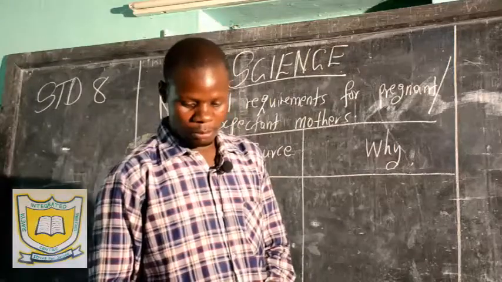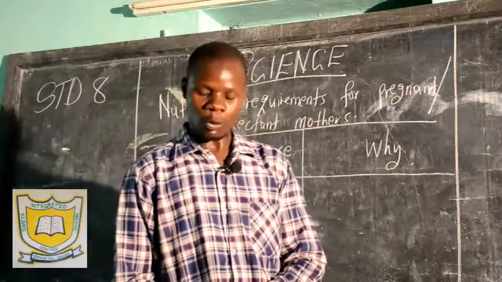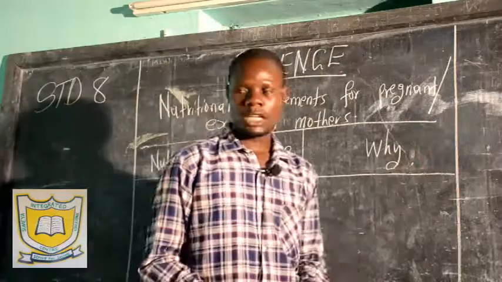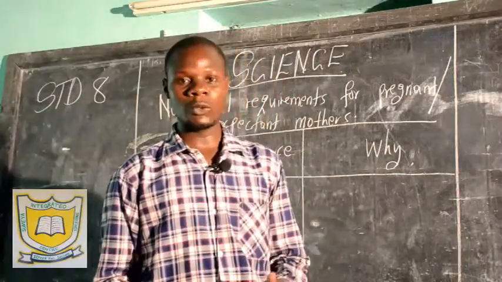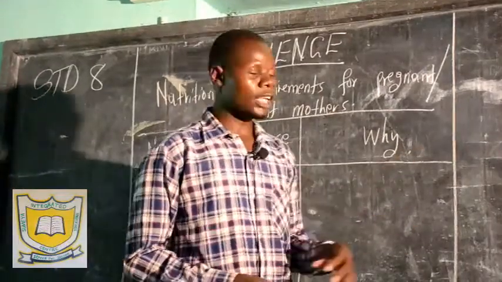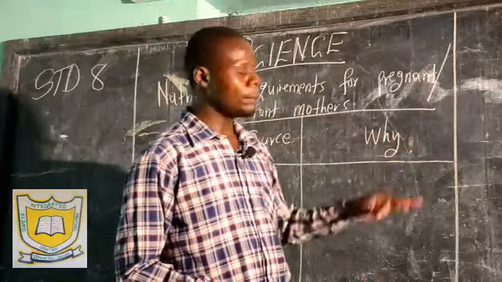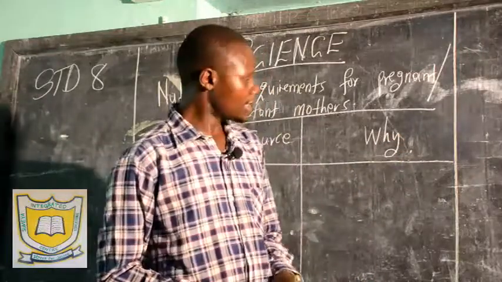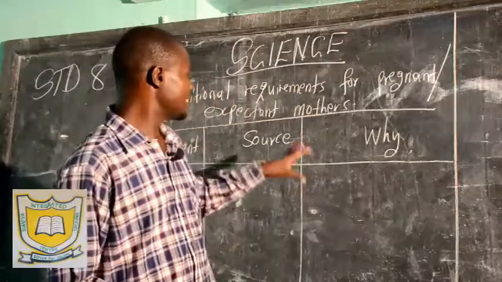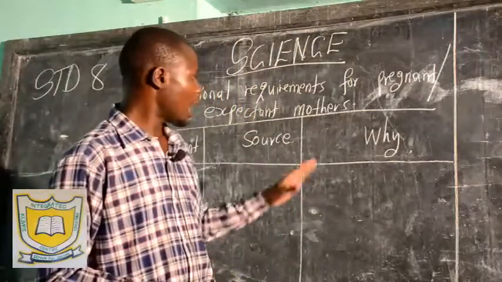We also discussed vegetarians, people who only feed on green crops, foods from crops. We discussed invalids and convalescents, where we said invalids are people living with an ailment, different diseases, and convalescents are people recovering from a disease. We also discussed elderly people, people who are old in age, and lastly manual workers. Those are the special groups that need some extra nutrients for their survival and healthy growth.